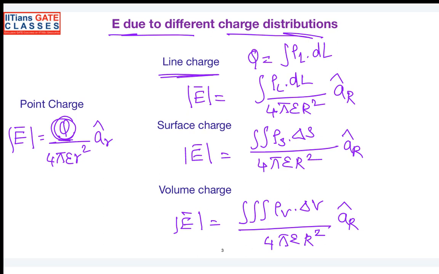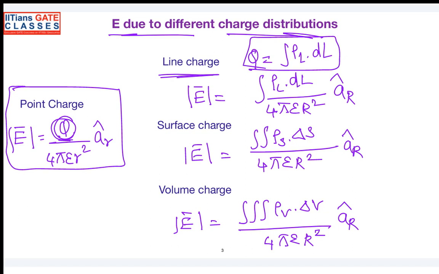Based on the help of the point charge, just replacing the value of Q accordingly. You know the value of Q in line integral, surface integral and volume integral. Yeah. Sir, in this case,